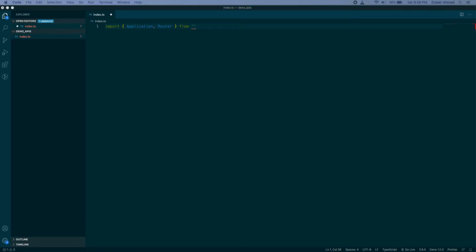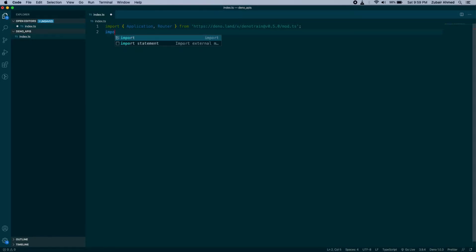There is a file called mod.ts. I will copy that and paste it here. Sorry, I think it's not pasted correctly. Let me copy that again from my other screen. Here we go. From this file we will get application and router.